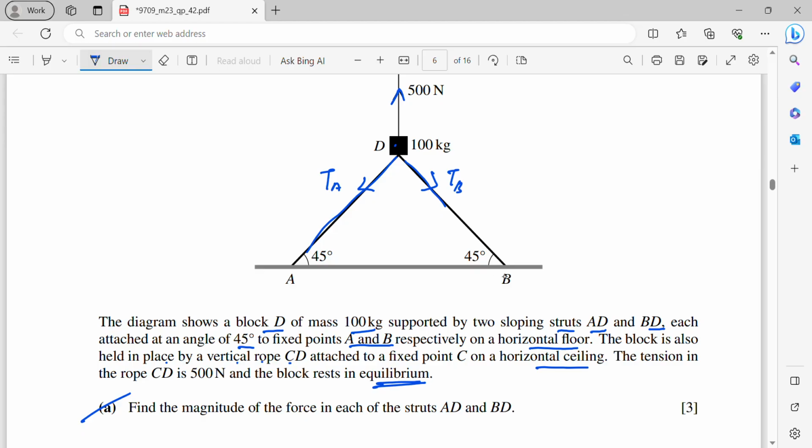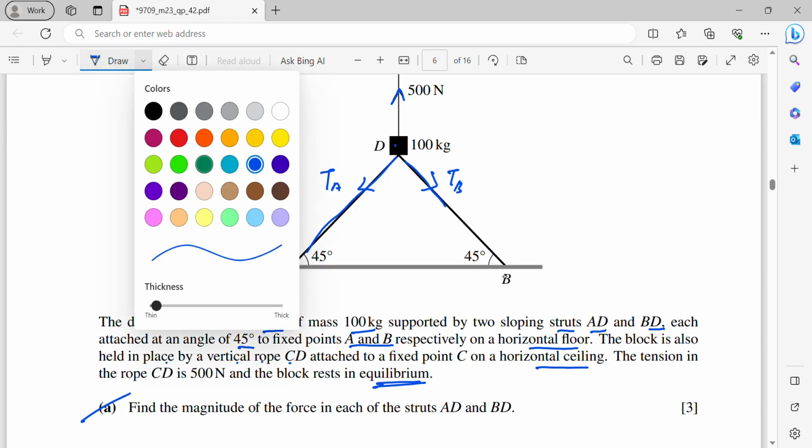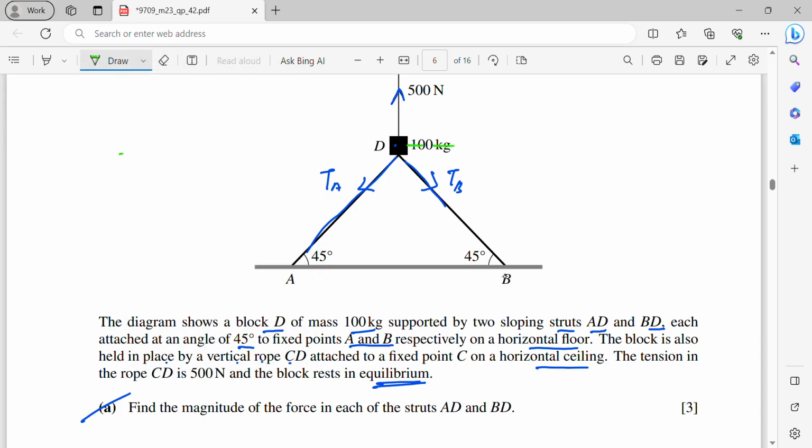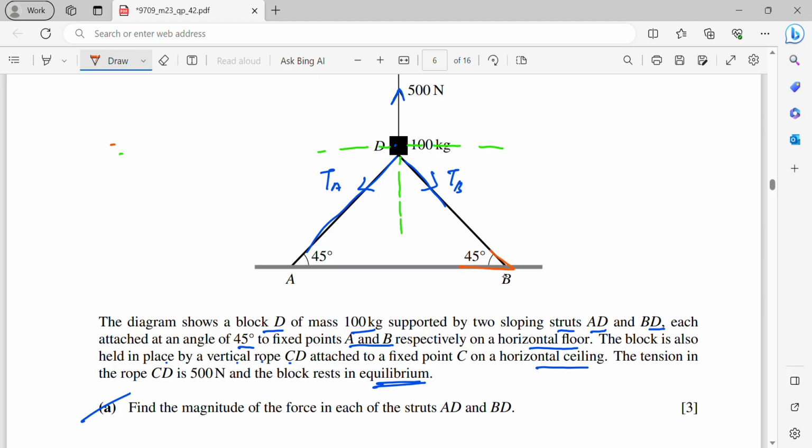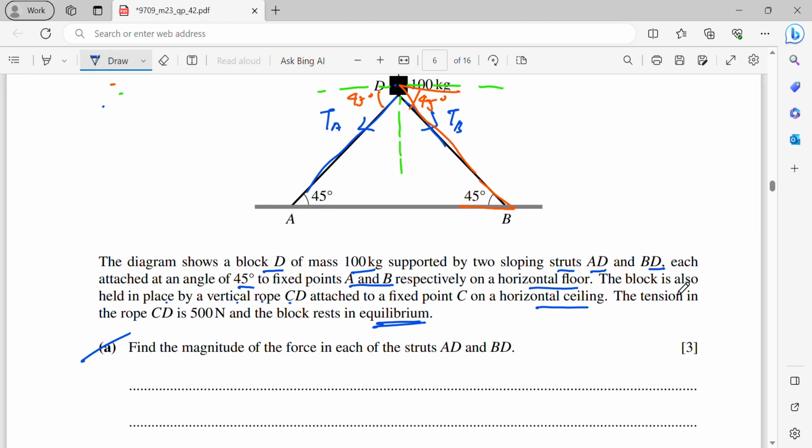Okay, so now I will resolve the forces horizontally and vertically. When you refer to here, this is 45 degrees. From the zigzag, we know that this is 45 degrees. Here is also 45 degrees. Then from here, where I resolve horizontally,